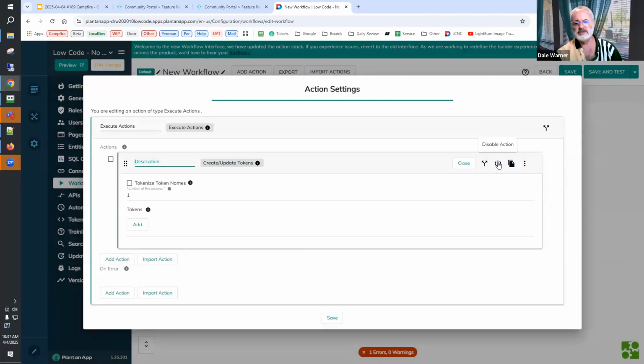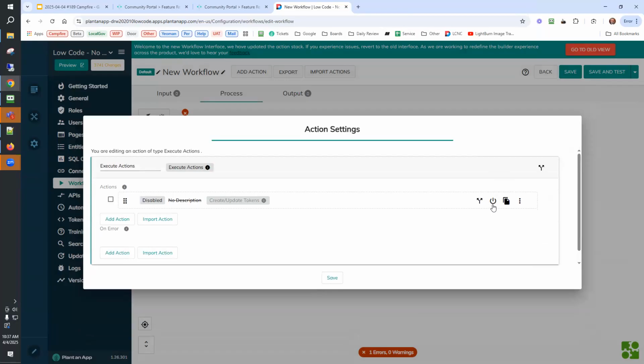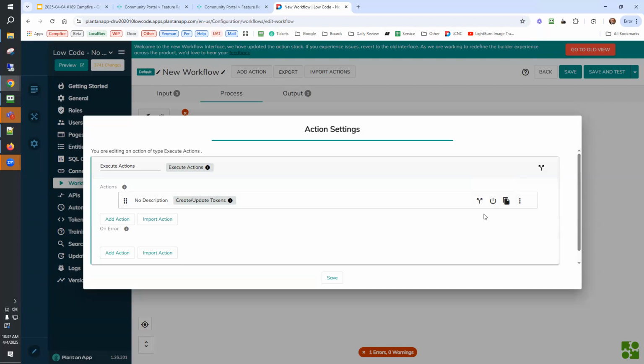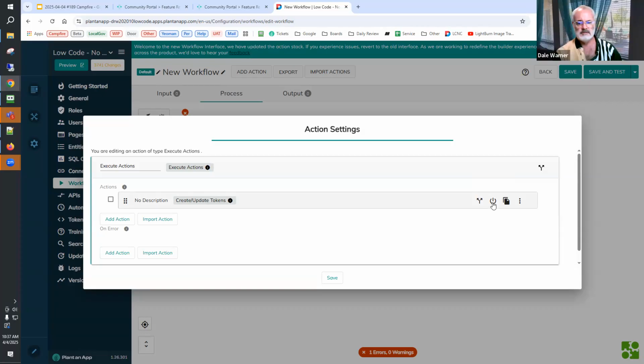So this disable action option turns it off, and you get a different visual. I'm thinking that's a similar kind of flag that doesn't impact the activity, it just visually changes it, color or whatever. Yeah, that's exactly what I would like to see. Ben, are you adding to this?